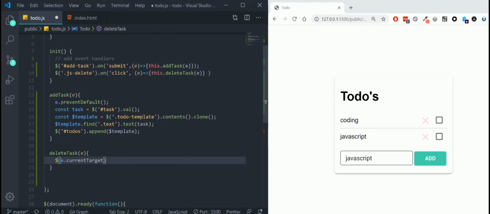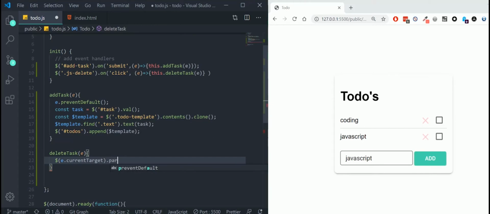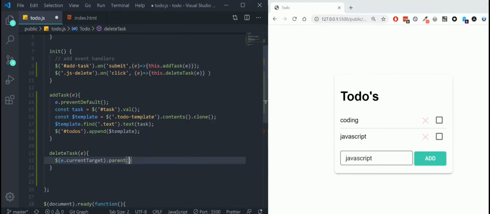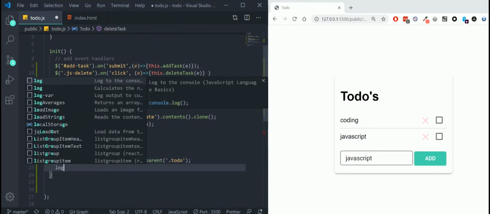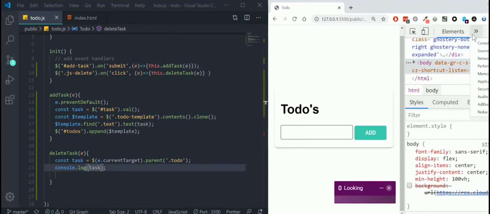So, all right, e.currentTarget, we're going to find a parent, so a parent element with a class ToDo. Let's see if we're getting something here. I'm going to save it in a variable, task. Okay, let's see what we got here. Our console,